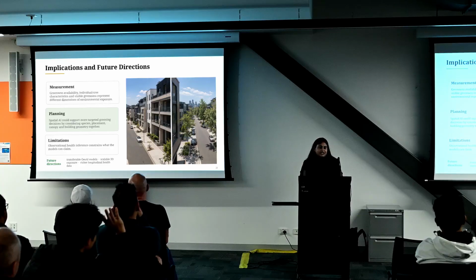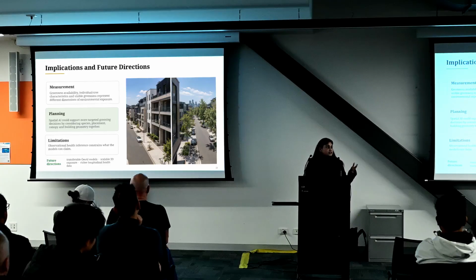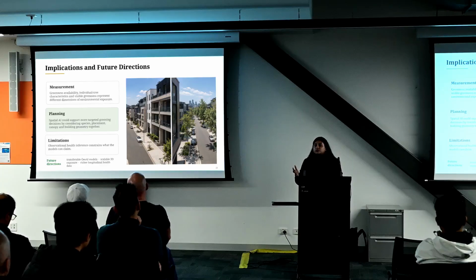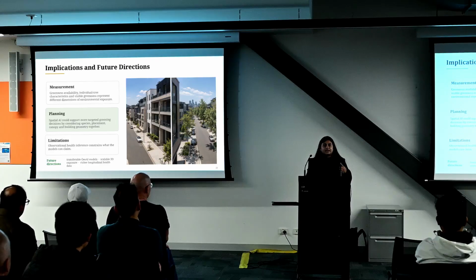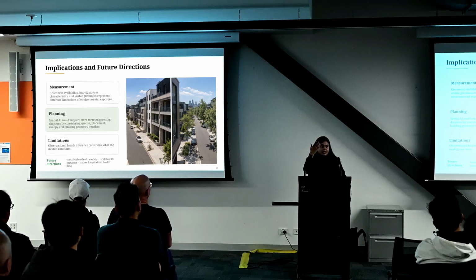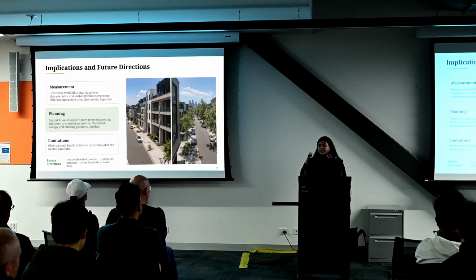So my implication and direction is we always talk about having greenery, exposure to greenery, access to parks, but I really feel that we should bring the view concept into planning, because that will help in building design. And there's so much work going on in digital twin modeling and 3D cities, 4D cities. So if we can do some scenario testing, right? If there is a building and we use the viewshed model and then remove the building, or build another building, we can see a what-if scenario. And that can give the designers or the government an understanding of how we can create healthier, more sustainable cities and societies.